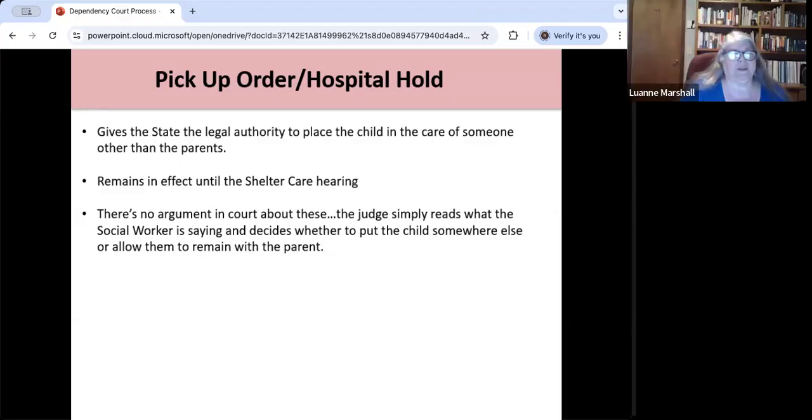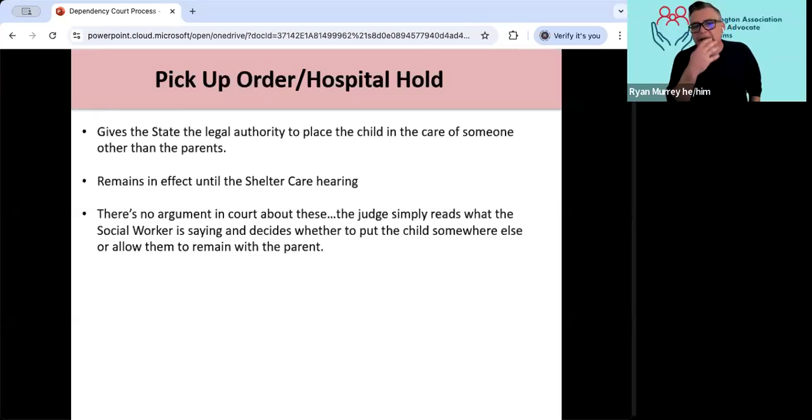What is the process when a child comes to the attention of the system via police, maybe during an event where they are called? So similarly, that's kind of like a pickup order too. Sometimes the police can also decide whether or not it's safe for the kid to go home. So we call those, it's the same thing, whether we send the police out to go pick up the kid, or the police say, we're not going to let this kid go home. It's that same idea, it's the same idea of pickup orders.